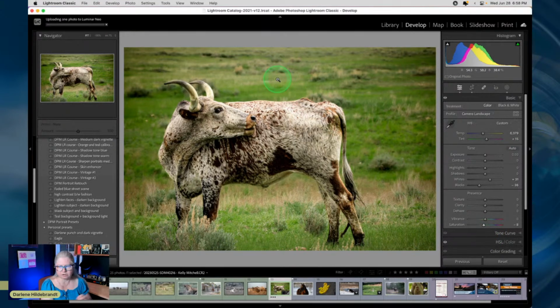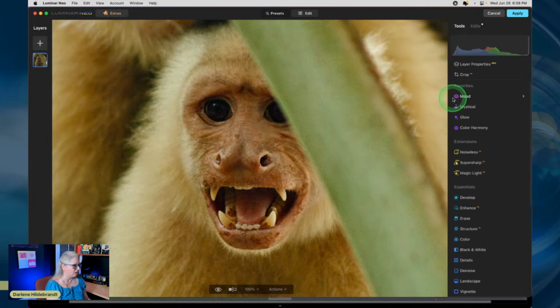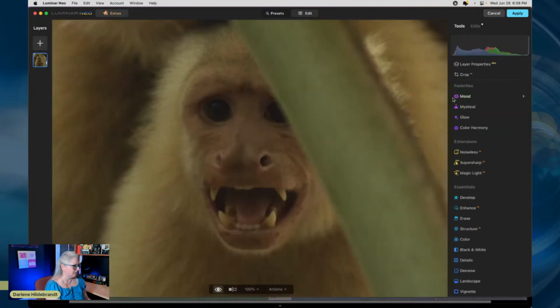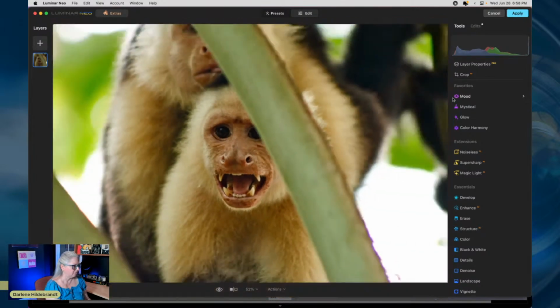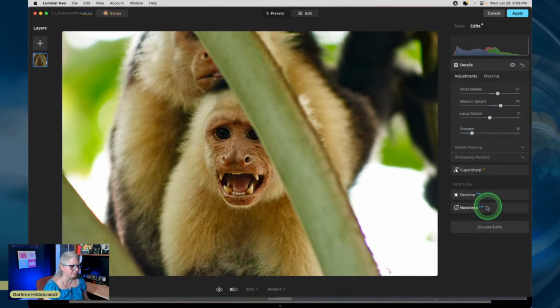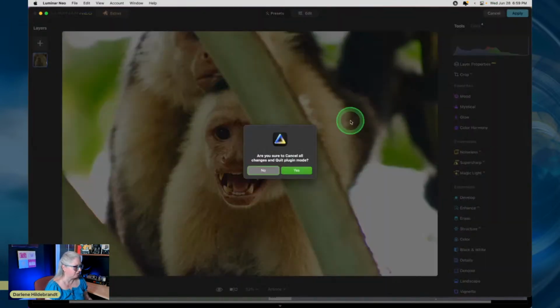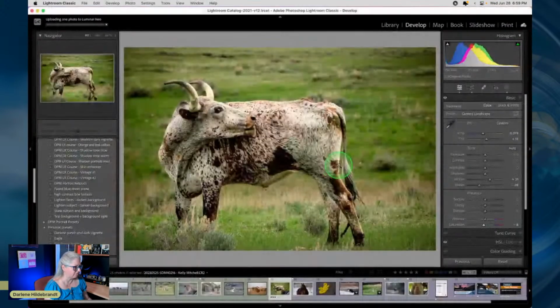Okay, so this is what I want to do with this guy. But before I open another photo editing program, I just want to check on our monkey here. All right, so now that all the tools have caught up, you can see what's happening there. So we've used the noiseless raw and the develop raw, as well as super sharp and details to sharpen up the monkeys. Now I'm just going to cancel out of this one because it's going to take forever to save back